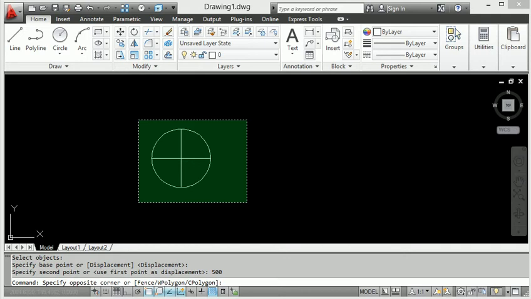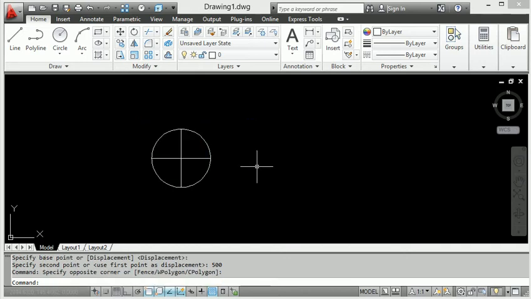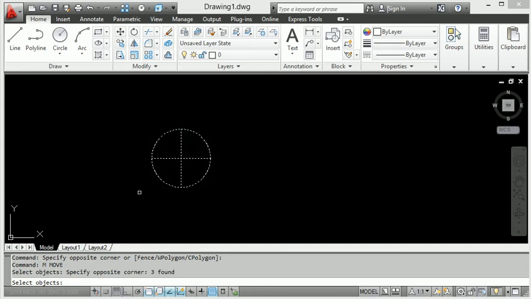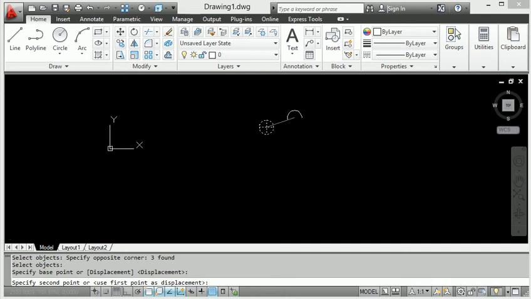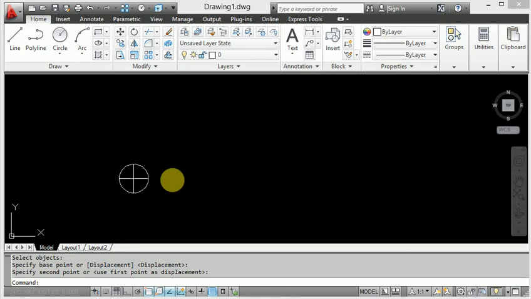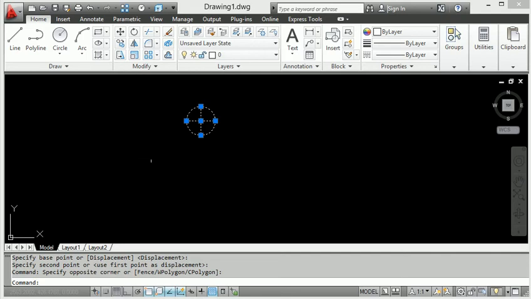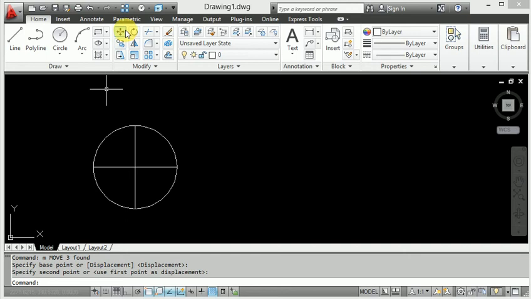And how to get the shortcut key using the move command. So, before, we applied M enter, that is called the move command. So M enter, select this whole diagram and again press enter. So this is the shortcut process for the move command. Go anywhere, press M enter and move anywhere. It is very easy to use the move command. You can use it directly from the home page, and another way is to press M enter and apply the move command.